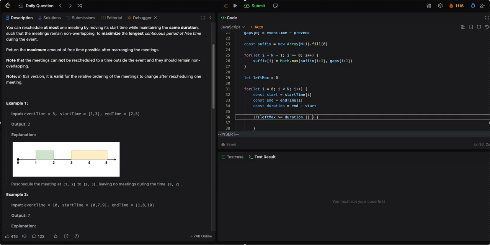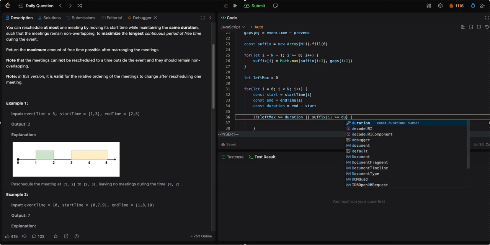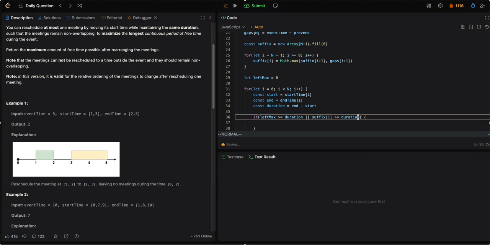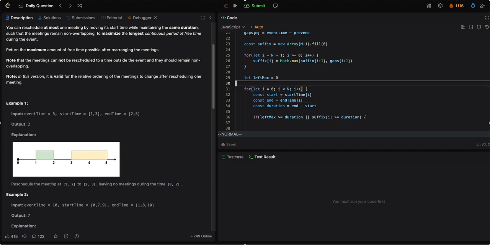Or if I have enough space on the right, I can say that if suffix at I is bigger or equal to duration, then I can fit it to the right. And if I can fit it to the right, it means that my best available space